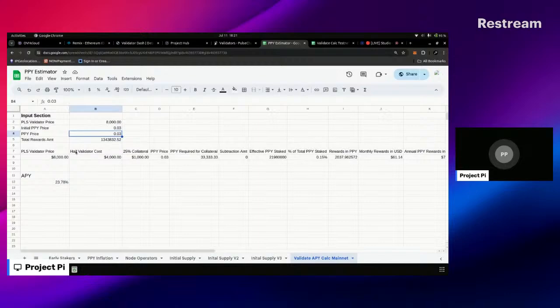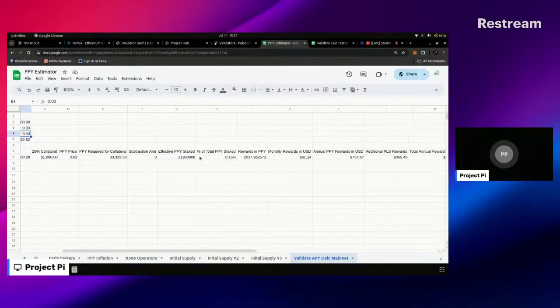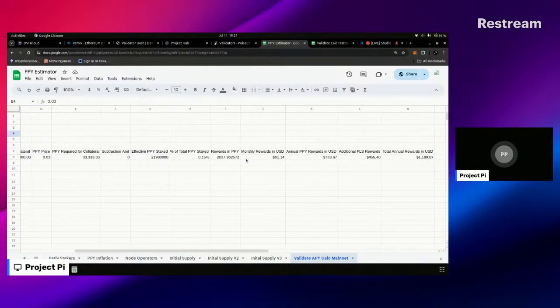You can see that the half validator costs 4,000. The collateral in itself is 25% of the half validator cost. This is 1,000 for PPY. So it's saying that you would need 33,333.33 PPY for the collateral. And so when we go down to the rewards, this person with that percentage of collateral would be earning about